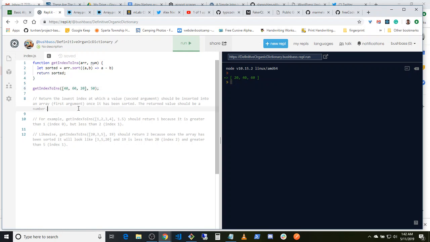So, alright, back to return the lowest index at which the second argument should be inserted into the array. So we don't have to actually insert it, they just want to know the index where it should be. So they're saying, where should this 50 go? Should it be at index 0, index 1, index 2, or when it's inserted there'll be an index 3, right? Alright, so if